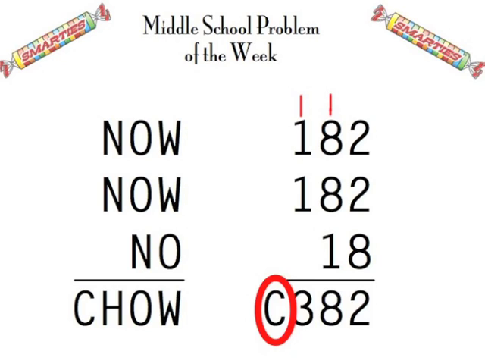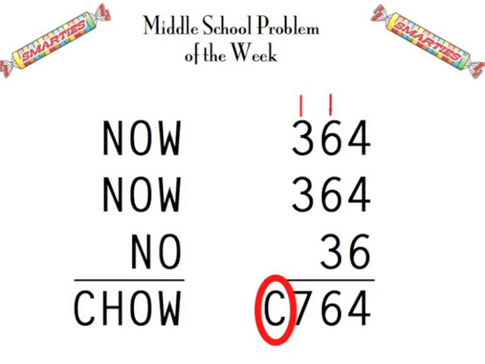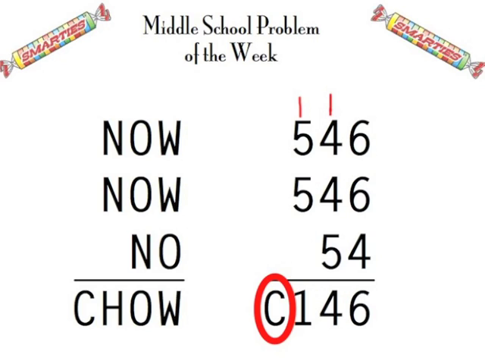And then when he tried W equals 2, the problem works fine except for C would have to be 0 and no lead digit may be 0. The same problem if W equals 3. The same problem if W equals 4. If W equals 5, we get our contradiction much quicker because then the letter O would also have to be 5. If W equals 6, we get all the way through the problem, but then C would have to be